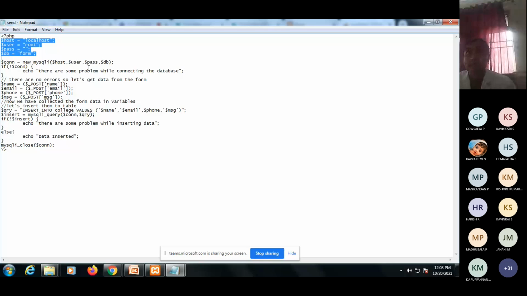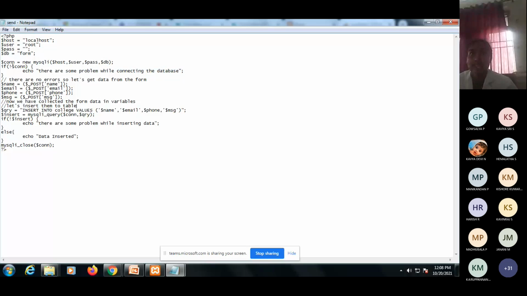That is what this con represents. If the database is not connected, it shows the message: there are some problems while connecting the database.